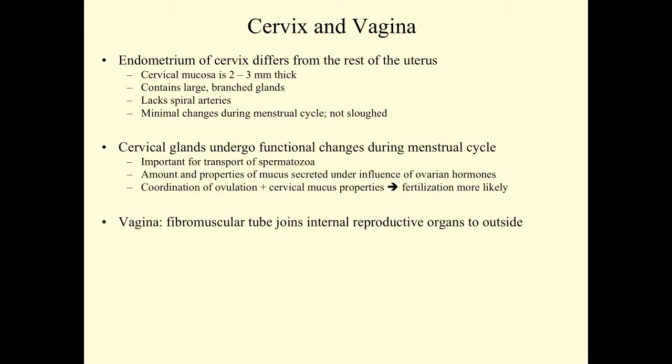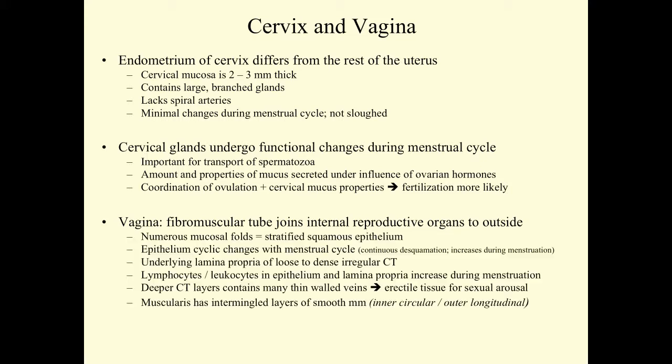These changes are important for the transport of spermatozoa. The changes reflect the amount and properties of the mucus that's secreted, and this is under the influence of ovarian hormones, and there's a coordination of ovulation and cervical mucus properties during the menstrual cycle, and that makes fertilization much more likely to occur. As you know, the vagina is a fibromuscular tube that joins the internal reproductive organs to